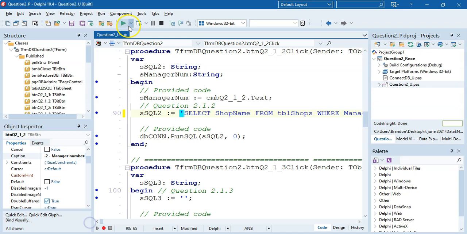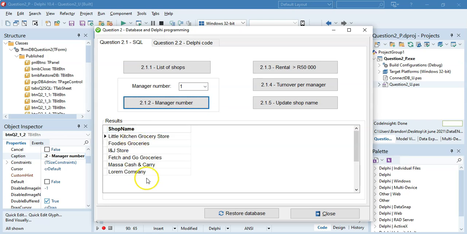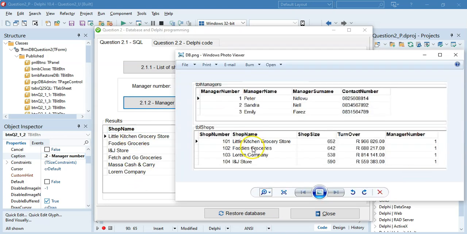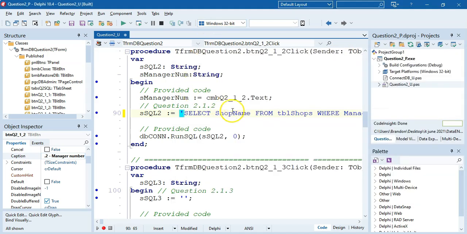Let's run it. So let's see what that looks like. If we select manager 1, it should say all the shops. Those are all the shops for manager 1. And if I look here, that looks correct. And if I select manager 2, it will give me a whole different set of options. Those are all the ones by number 2. Okay, so there we go. That one is done. Let's move on to question